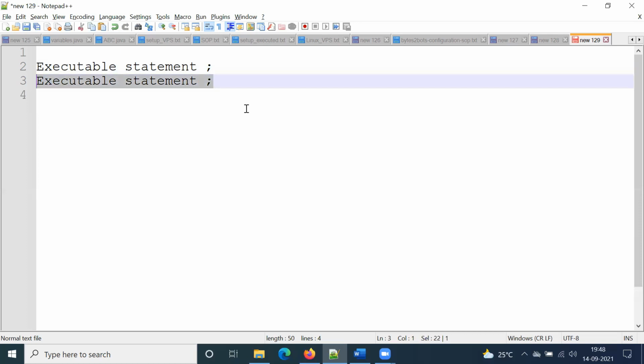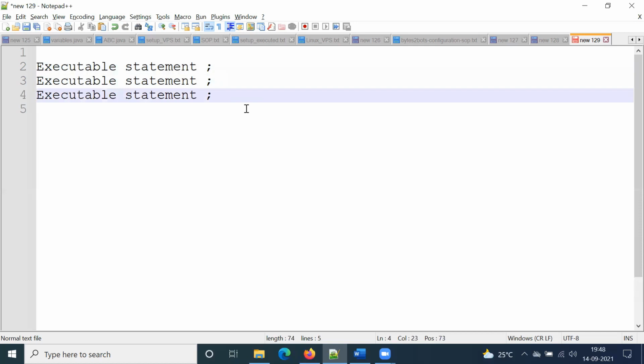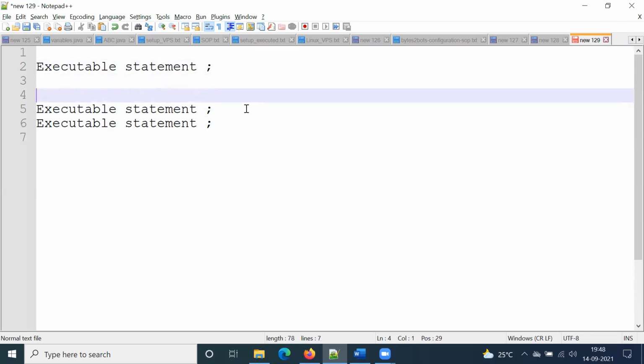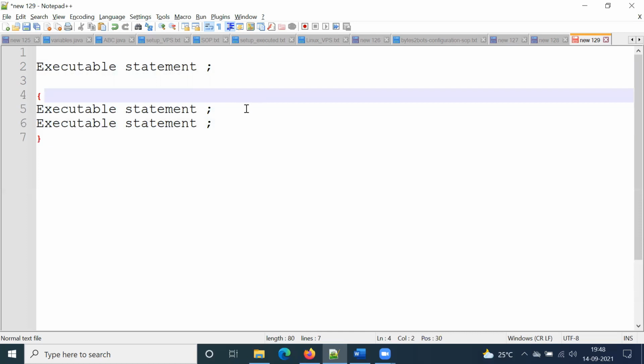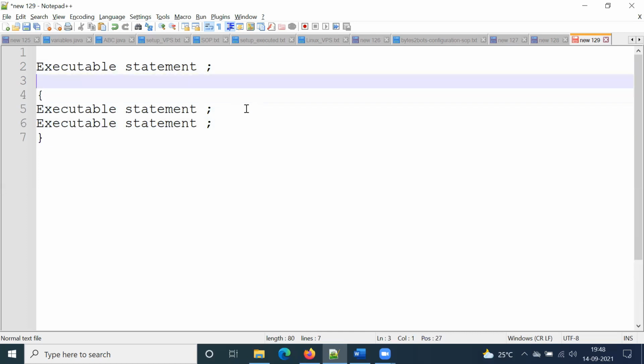Like this, you can write any number of statements and you can call it an executable block of code. And if you provide a name to it, for example, add, and you put an open round bracket and close round bracket, then it becomes a function,